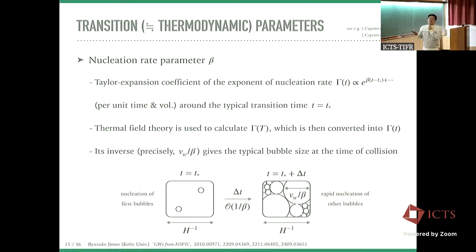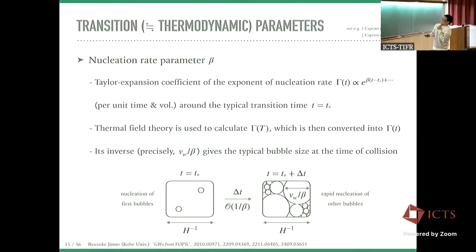And in order to calculate this quantity, we first use thermal field theory to calculate the nucleation rate as a function of temperature, and then we convert it into the nucleation rate as a function of time using the Friedmann equation. And one interesting property of this beta is that its inverse, or more precisely, wall velocity over beta, gives the typical bubble size at the time of collision. So I will explain the reason using this